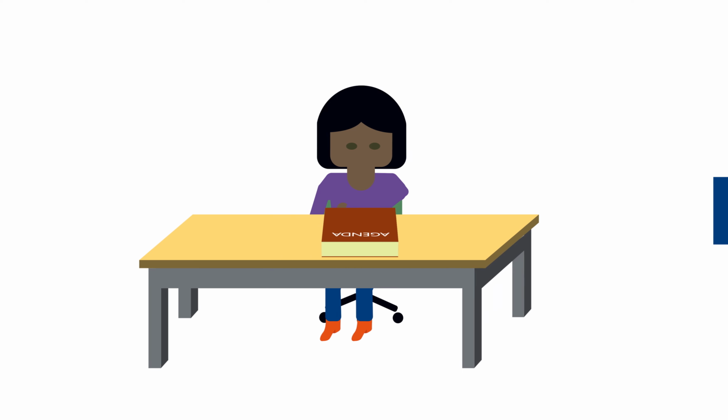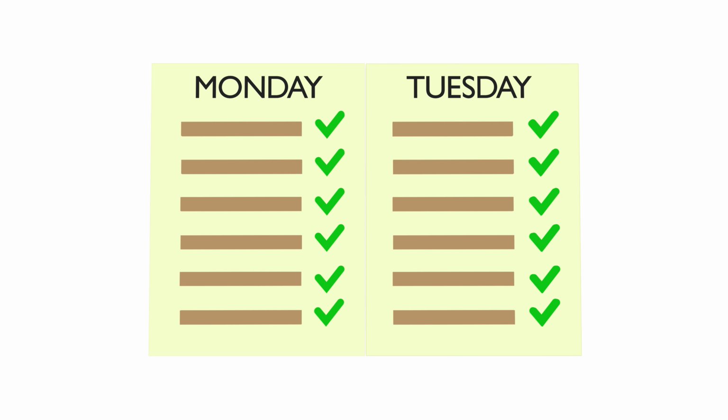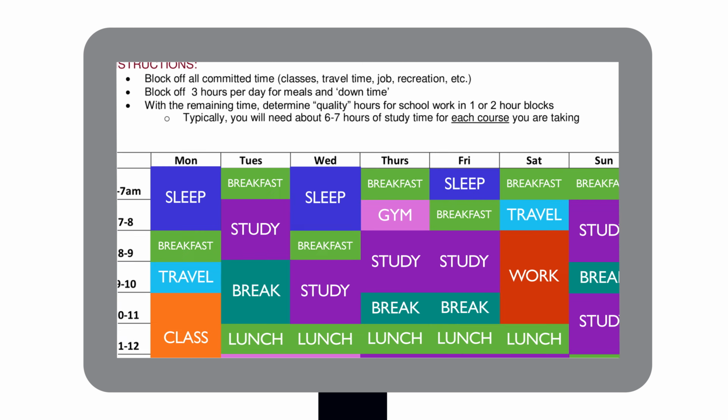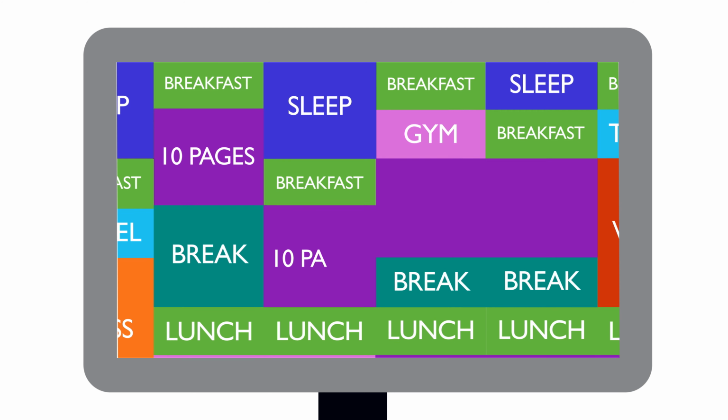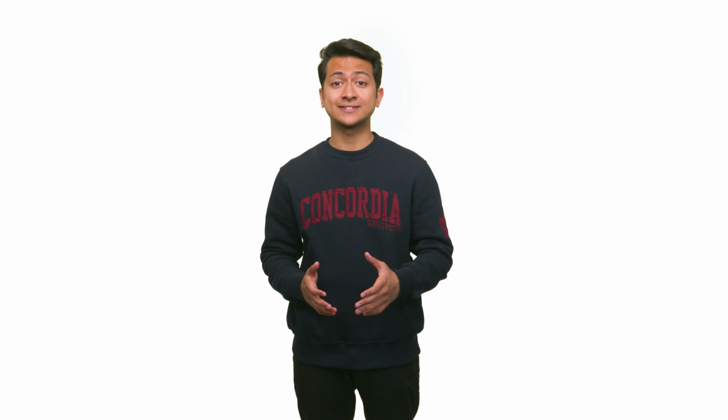Use an agenda to list tasks for each day and allocate those tasks to different study blocks you've already scheduled. For example, if you have a 40-page chapter to read for Thursday, you might allocate 10 pages to 4 different study blocks. If you'd like some personalized time management help,